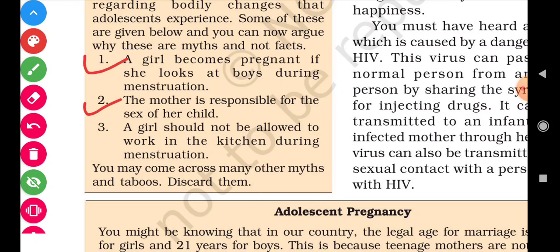Second, the mother is responsible for the sex of her child. Whether it is a girl or a boy is not decided by the mother's chromosome, but the father's chromosome decides whether the upcoming baby will be a girl child or a boy child. Third, a girl should not be allowed to work in the kitchen during menstruation. In a majority of Indian families, this issue is still there that during the menstrual cycle, the girls or women are not allowed to enter the kitchen because they think that the girls are not particularly clean and